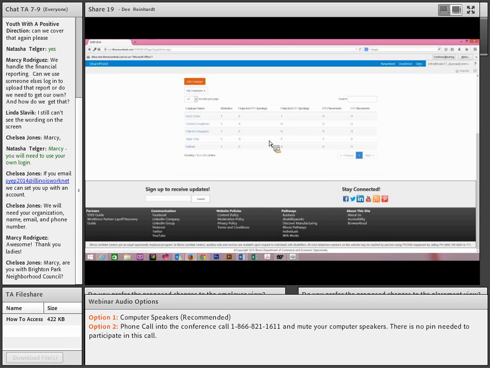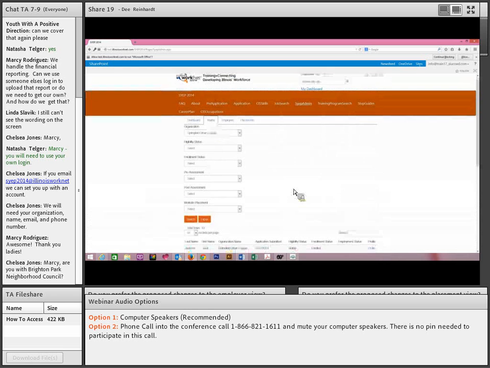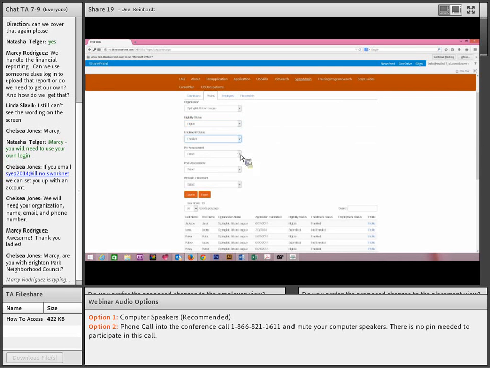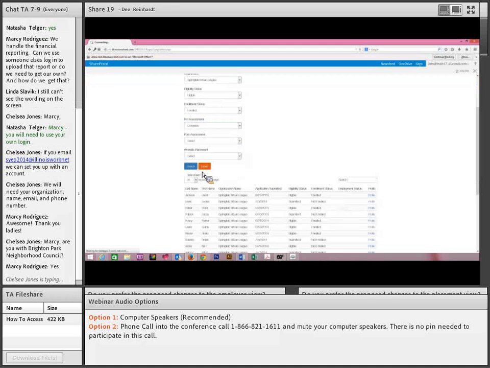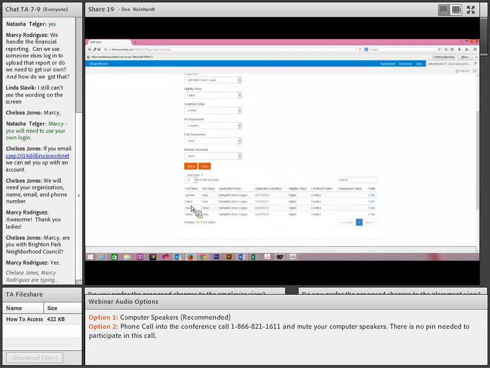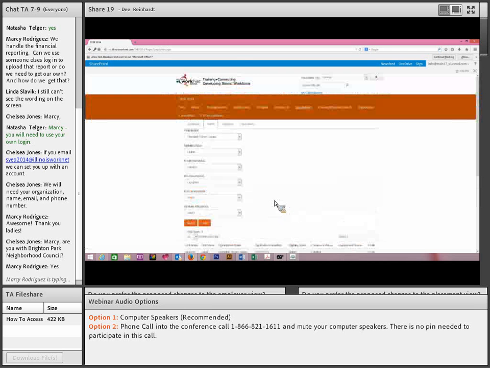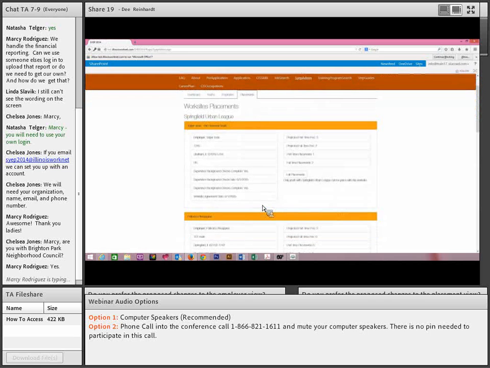And then we already have our list of youth, which are there, and to place a youth, we need to have them be eligible, so we would check that. We would check to make sure that they are enrolled. We would make sure that they have completed their pre-assessment, and so we would search, and these youth who are not already placed could then be added to the list. So we go into our placements,